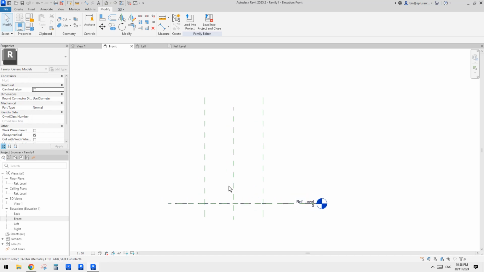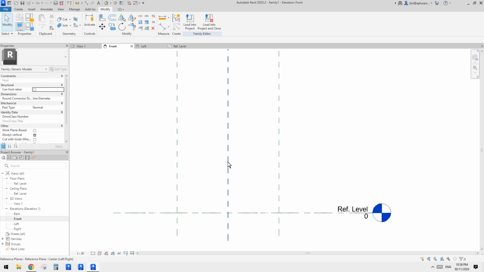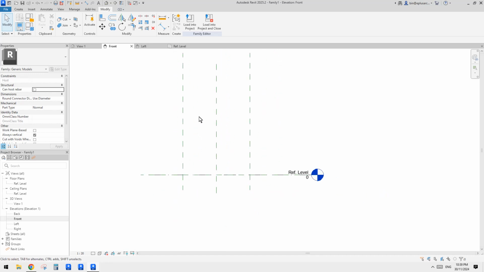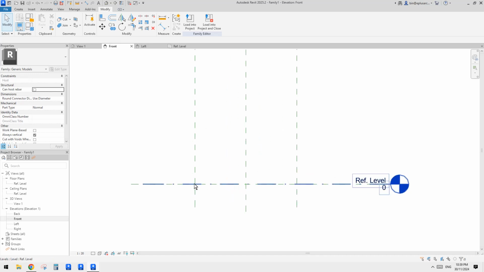So when you place this family in a project, you use that parameter to control the height, or you can just create this family at this level, because usually when you place this one into a project, there will be an offset from level. So maybe let's just not add a height parameter,